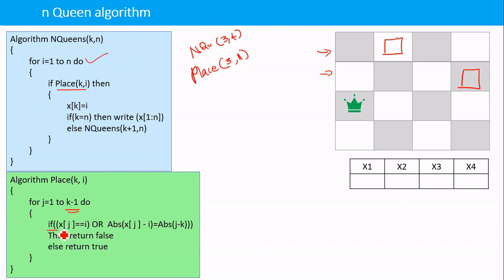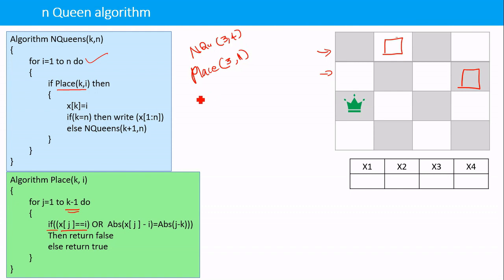It has two parts. The first part checks whether I can place it in a particular column or not, and the second part checks whether there are any queens in the diagonals that will attack my current queen. I will explain the first part first, and the next part soon.